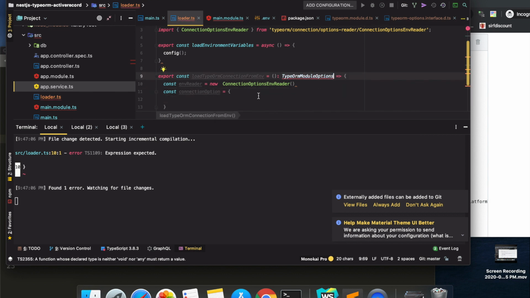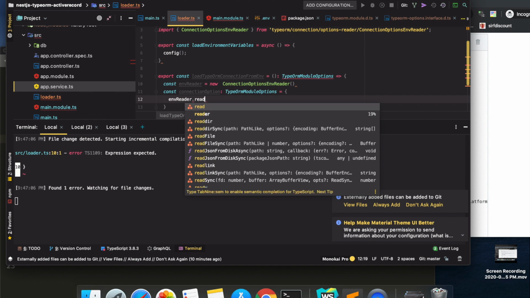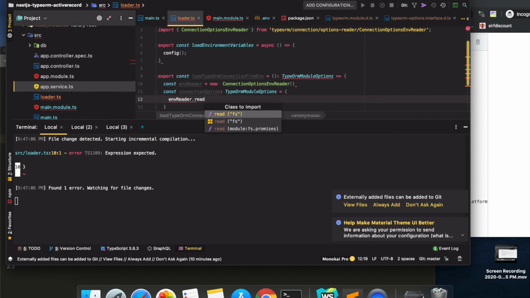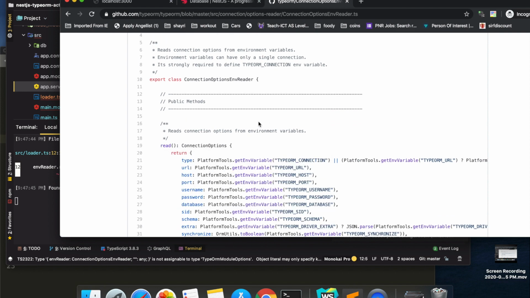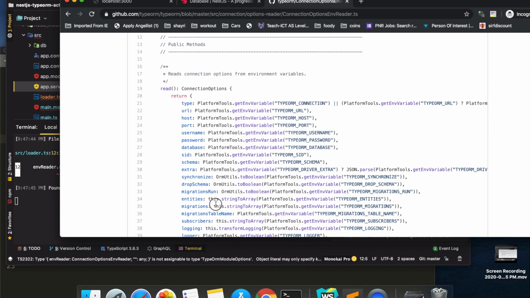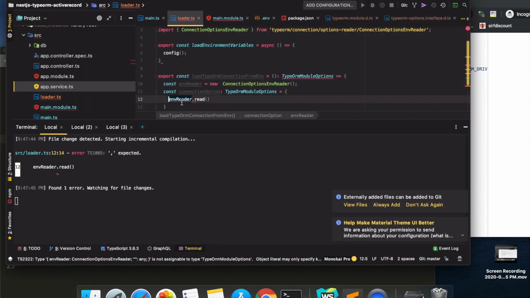connectionOptions will be of type TypeOrmModuleOptions. Now we will just read. So it has this method read which returns an object of all the connection options. So we just expand this.